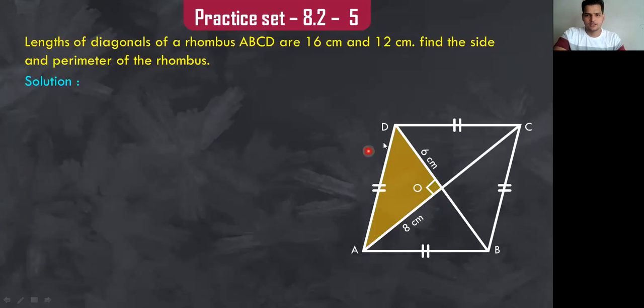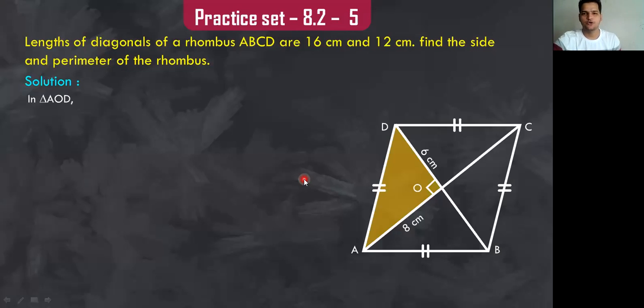Now, students, look at the side AD. Is side AD a part of a right angle triangle? Yes, it is a part of the right angle triangle AOD. Alright. And in a right angle triangle, students, if you know the values of two sides, can you find the value of the third side also? Yes, by using which theorem? Correct. Pythagoras theorem. So this is how we are going to find the value of the side of the rhombus. So let us continue with this.